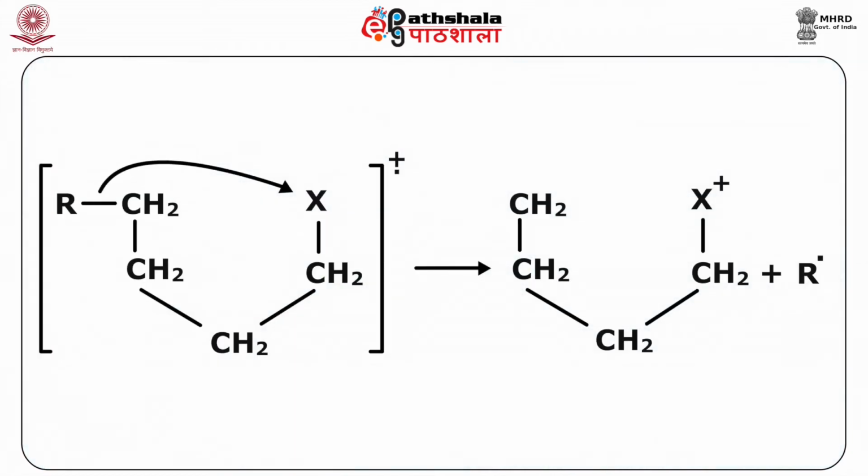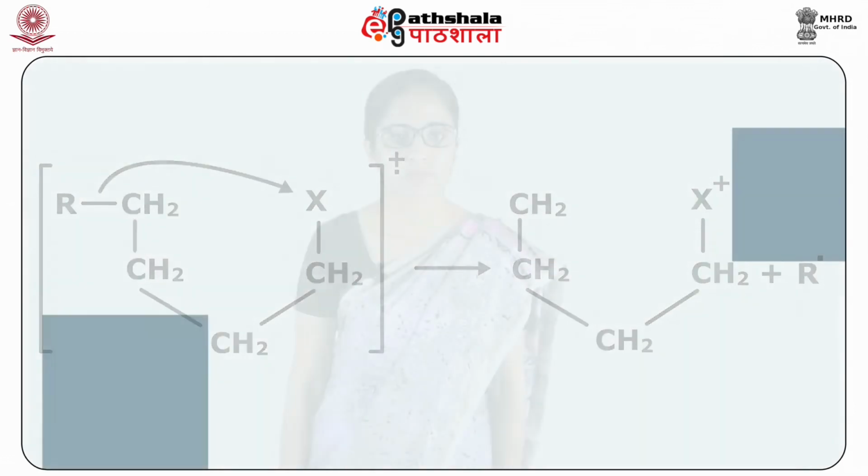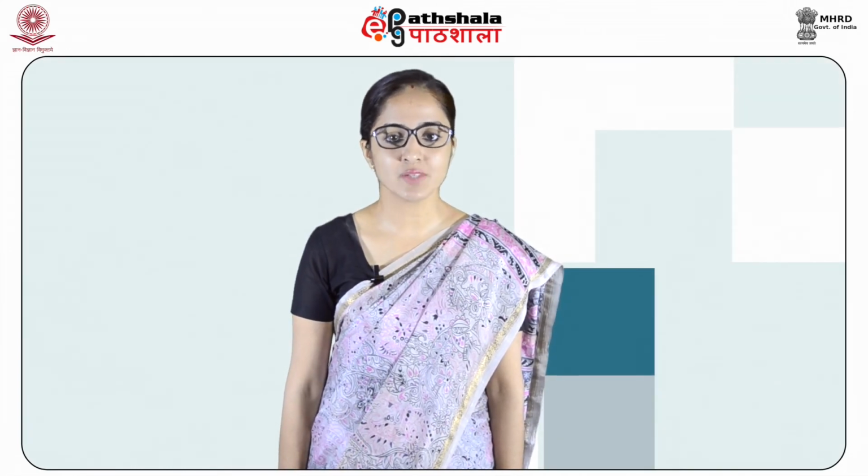A fourth fragmentation mechanism involves rearrangement and a loss of alkyl radical, and you can see that in the reaction that we have put. The corresponding cyclic ion can only be observed at M/Z 135 and M/Z 137 in the mass spectrum of 1-bromohexane, and at M/Z 105 and 107 in the mass spectrum of 2-chloroheptane. Such fragmentation is important only in the mass spectra of long chain alkyl chlorides and bromides.